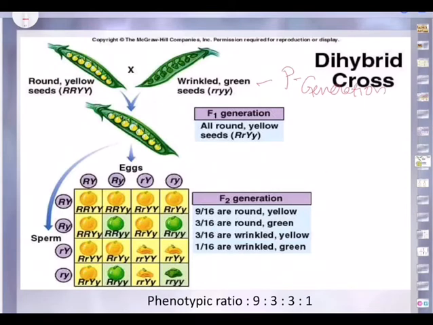Now from F1 what we got, the round yellow, this is the parental generation, this is P generation, you can name it as P generation. And when we cross this we are getting all the seeds round yellow like one of the parental characters. But genotype is, this is pure round, pure yellow, capital R, capital Y, whereas in this capital R, capital Y, small y. But phenotypically both are the same.